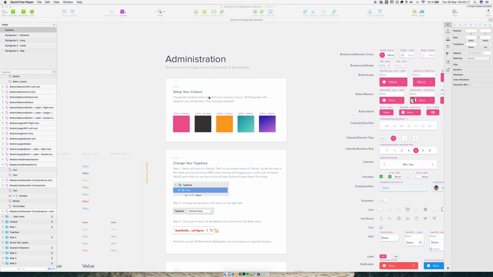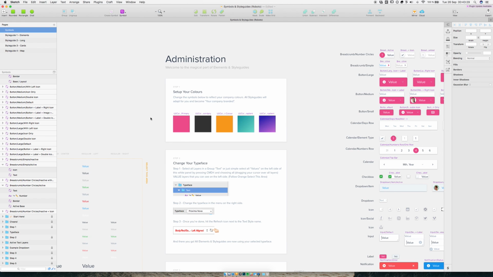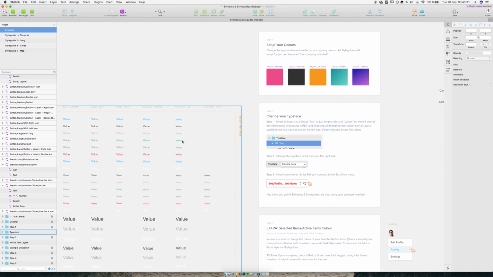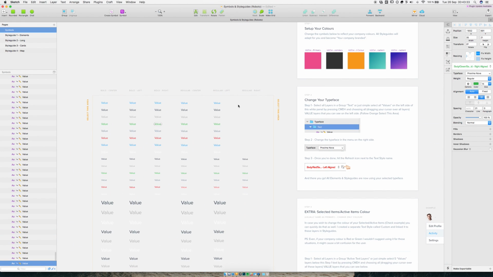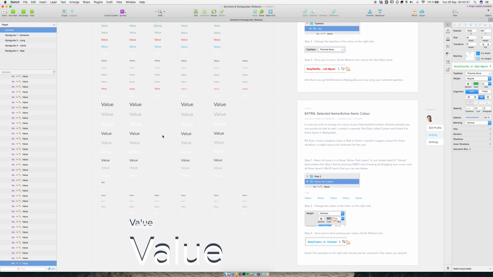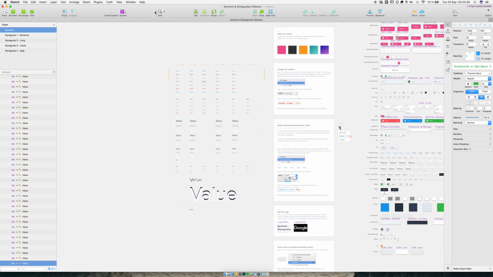But since we went from Roboto, which doesn't have a font weight called Semibold, but their font weight for the Semibold is called Medium, Sketch doesn't really know the difference. So basically, Sketch changed everything to regular. So we have to change it back to Semibold or to Bold or whatever font you want to use as the weight for the